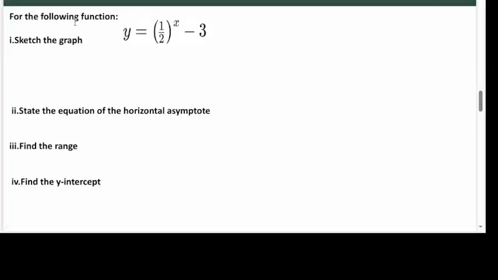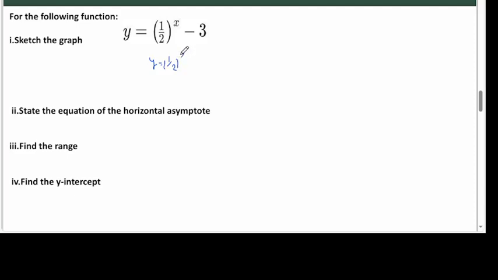Here it says for the following function, sketch the graph. The function is y equals 1/2 to the power of x minus 3. I try to compare this function with the initial. The initial would be y equals 1/2 to the power of x,